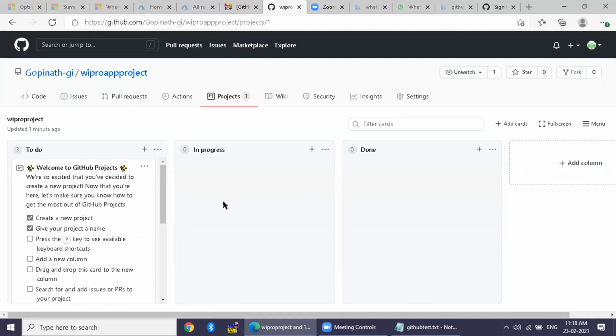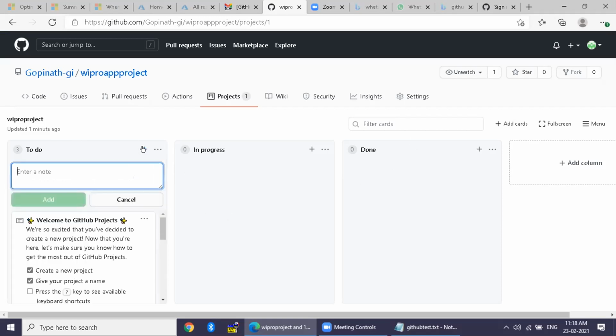Now you see that it's a basic Kanban board. So for example, in a basic Kanban board, how you manage your tasks: you have to do, in progress, and then done. Just click the plus sign after to do, and let's say you add a task, for example, create a database.